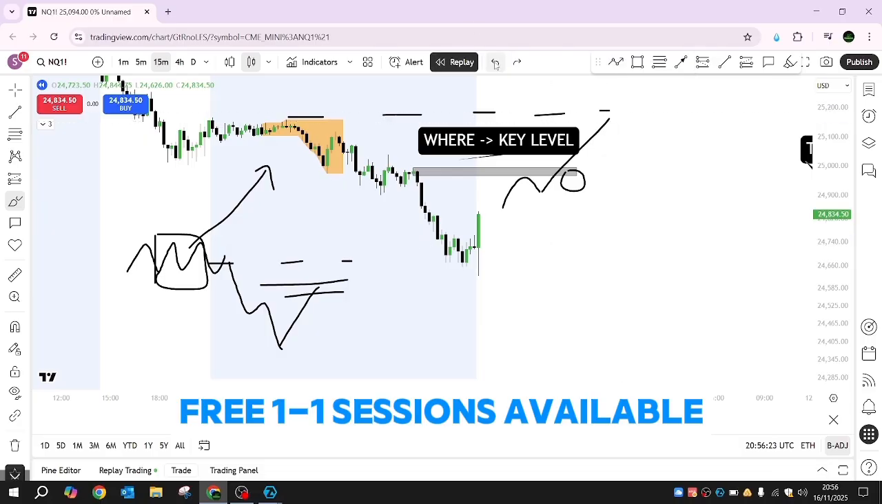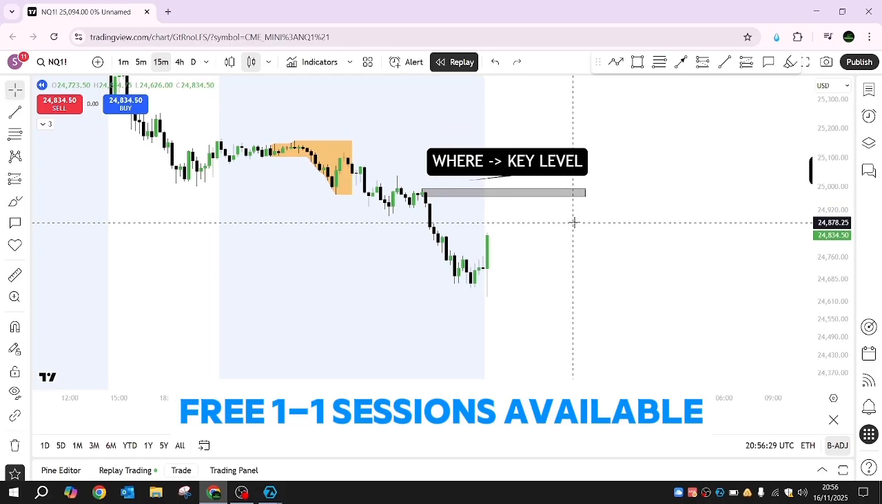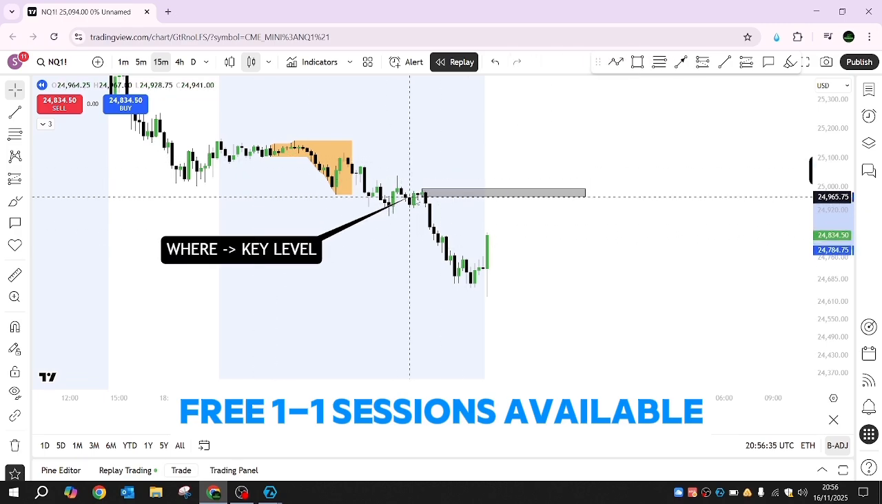So you want to form a key level. So a key level comes off a fair value gap. But you also want to understand where that fair value gap is in the daily cycle, right? Or in conjunction with the daily opening price. So if this is your key level, let's just